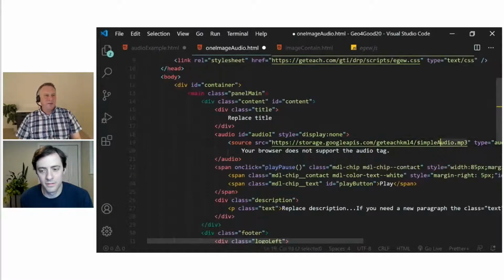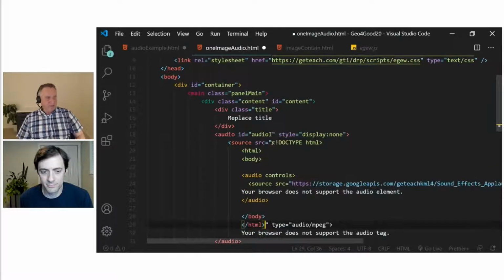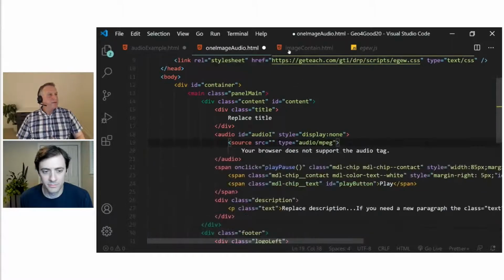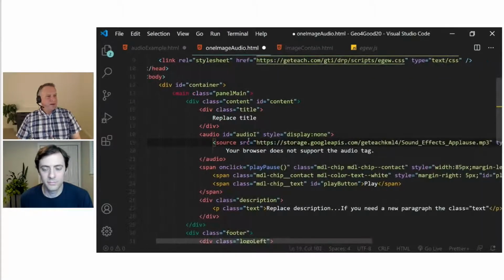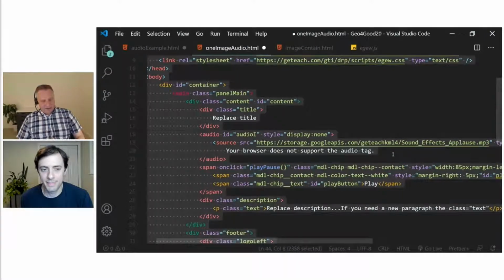So I'm going to replace this source with an audio file I go back and grab. That right there, between there. And then I'm going to hit Control A to grab all of that code now. So all 44 lines of it instead of 7 lines. I'm going to copy it,